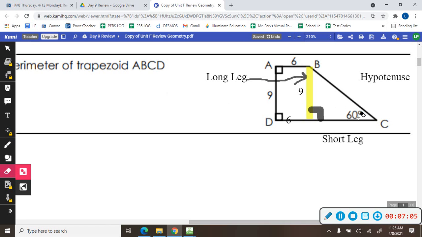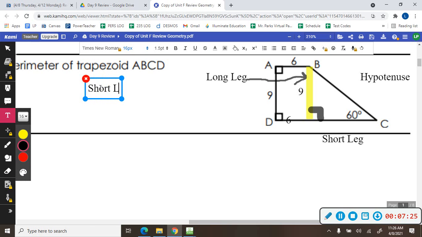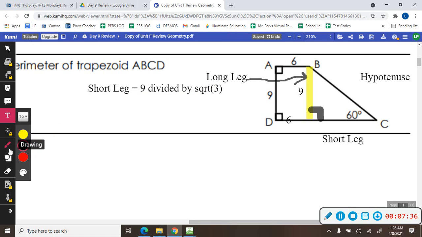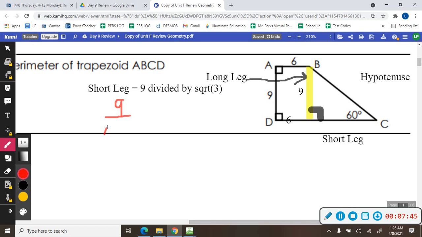Alright, so if you start with 60 degrees, and that's all you know is the 9, to go from long leg to short leg, short leg equals long leg divided by square root of 3. So I know that short leg is equal to 9 divided by the square root of 3. So if I do that work real fast, 9 divided by the square root of 3,